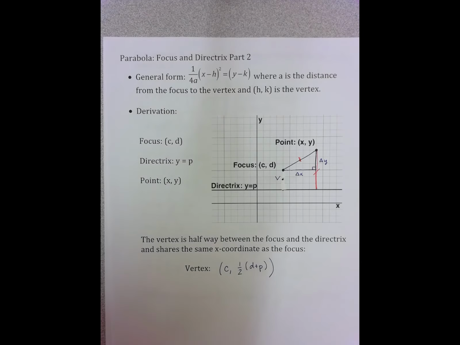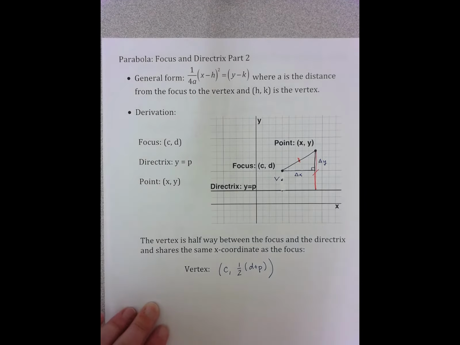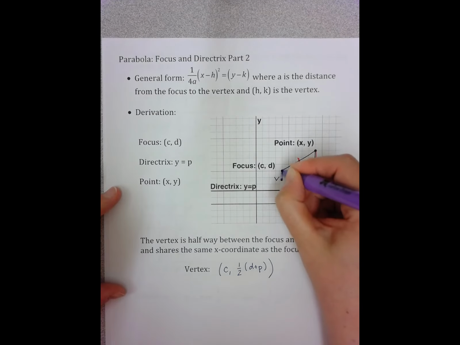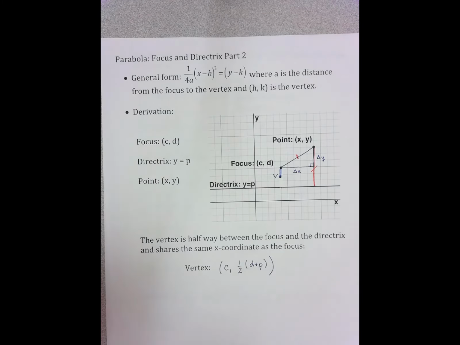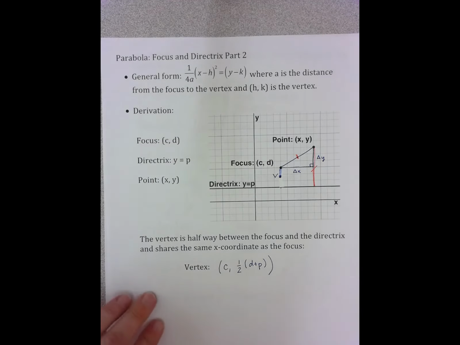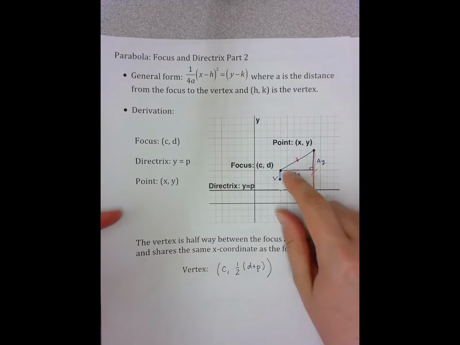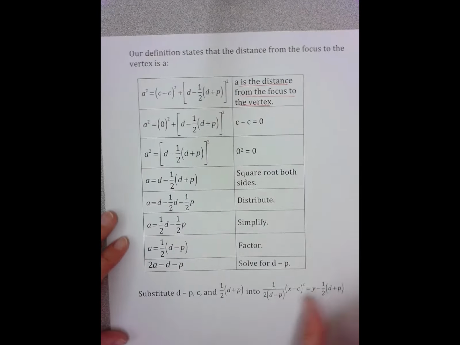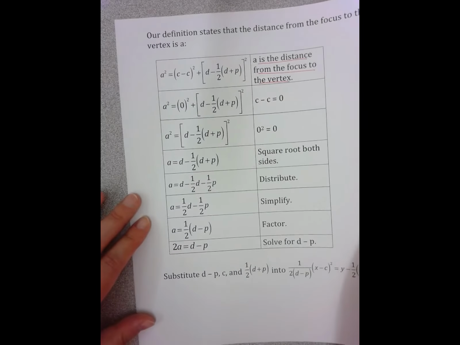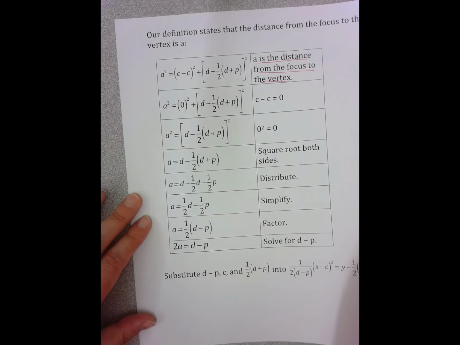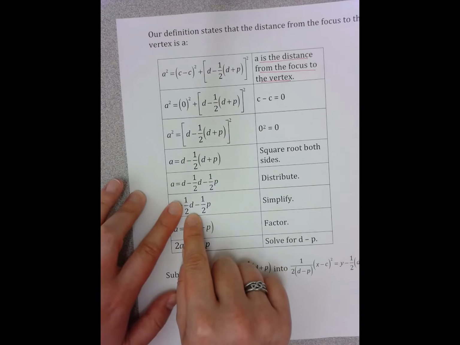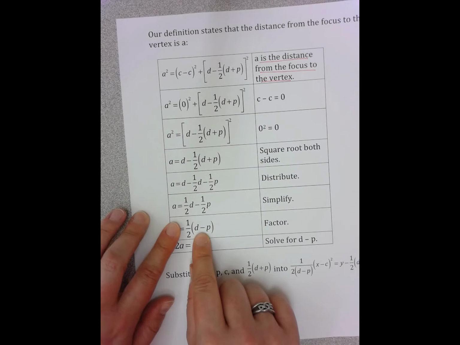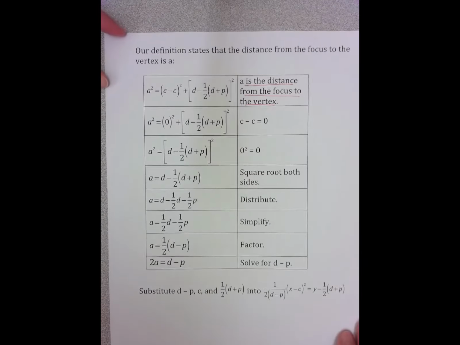So I'm looking from the vertex to the focus. So that is this distance right here. And I either can recognize that that distance is 1/2 of d minus p, or I can do the whole process of the Pythagorean